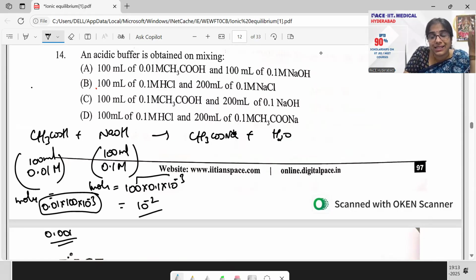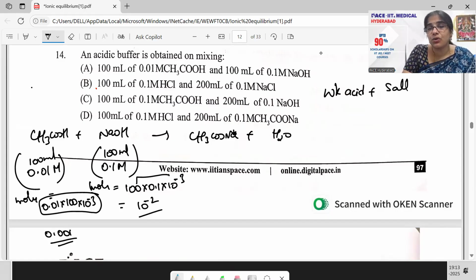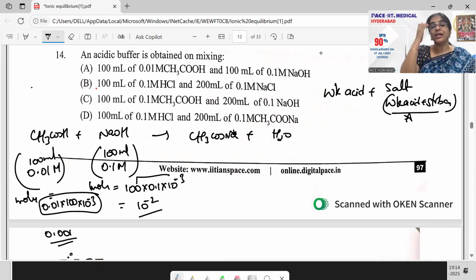This is acetic acid, the lesser one. So NaOH is the excess agent, NaOH बच जाएगा. अगर NaOH बच जाएगा, strong base बच रहा है वहां पे नहीं. Acidic buffer मतलब we need to have weak acid and a salt of weak acid and a strong base. Salt मिलना चाहिए weak acid and strong base का. Salt बच गया, यहाँ पे तो base ही बच रहा है, the strong base बच रहा है, so this would not be your answer. Similarly, if you go on doing it, then option 4 पे मुझे मिलेगा.